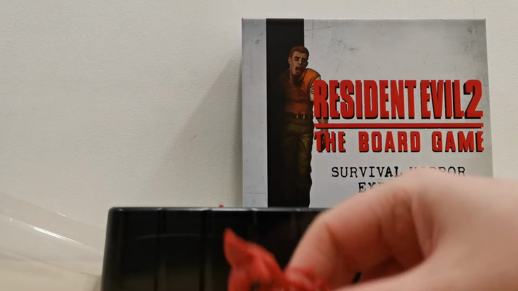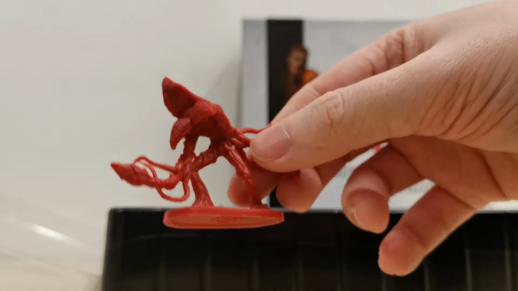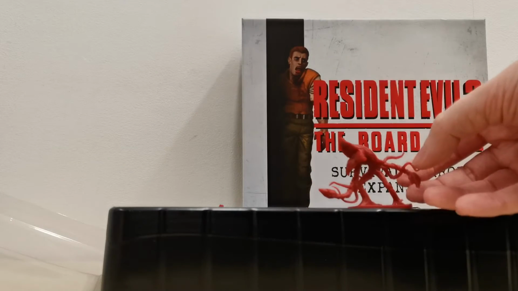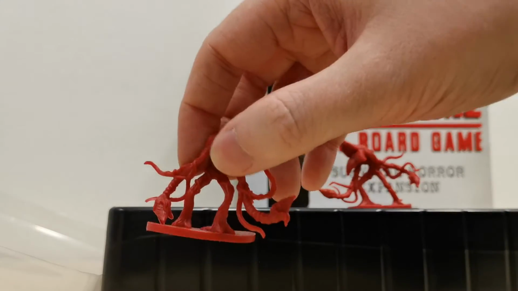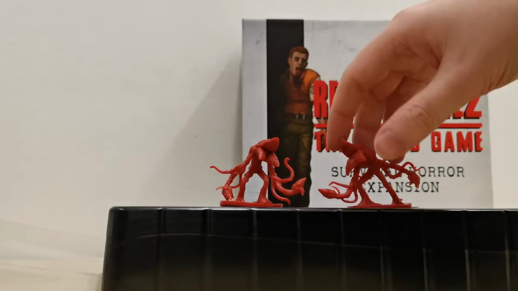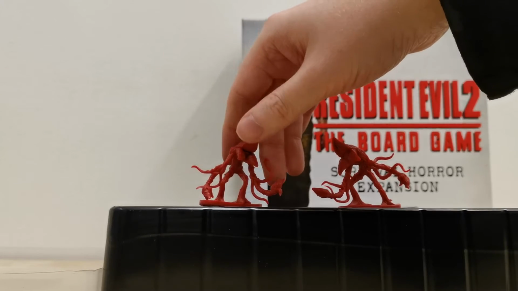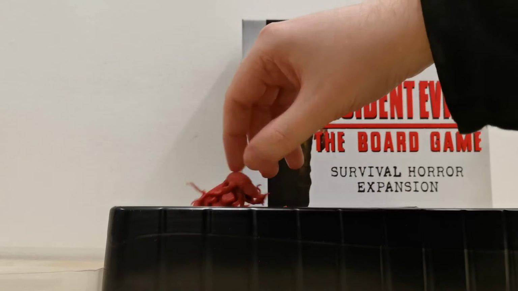So there is our Ivy. This is very, very cool looking. Very, very nice miniature. Of course, it takes up 2 spaces, similar to a Licker. We have our second Ivy, who once again is the same. It's a different mold. I think one's the poisonous ivy. I'm not sure. I think both of them are just supposed to represent ivies. Oh yeah, they just both represent, it's just 2 different versions of ivies, but it's very cool that you get